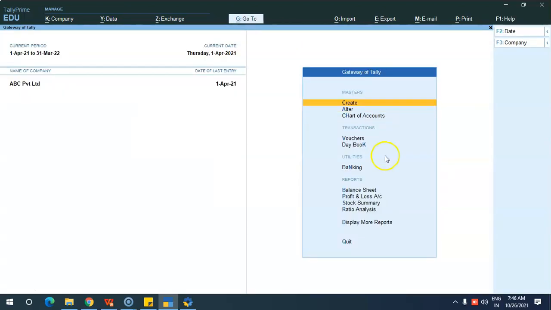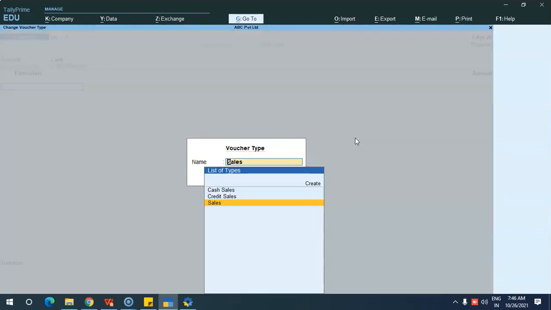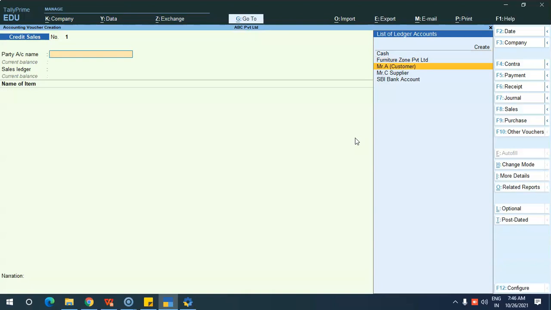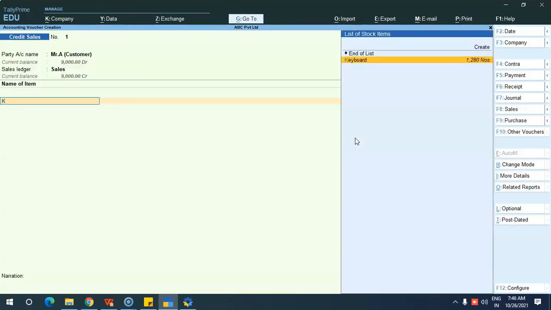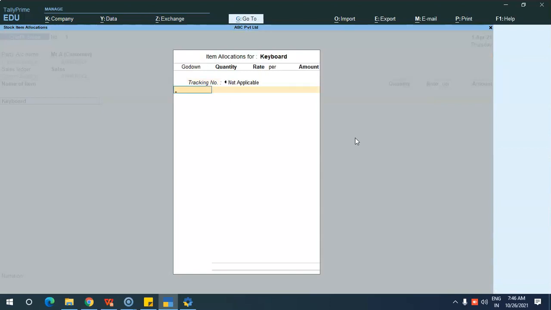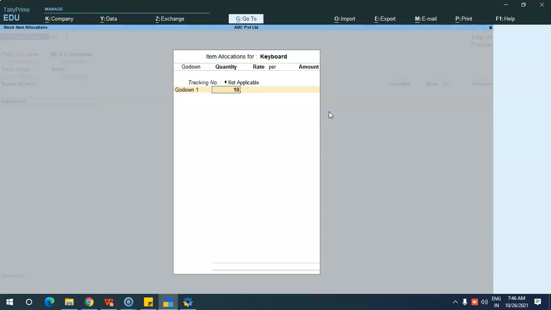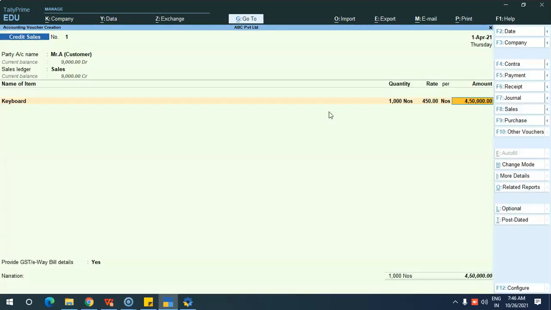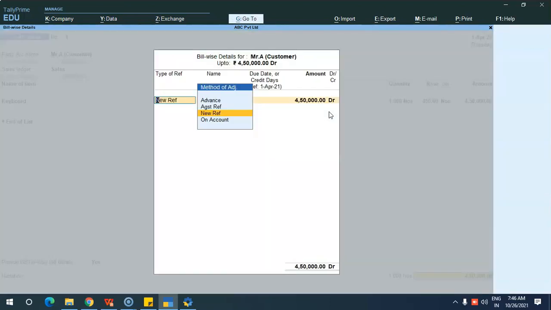So now we have activated the bill-wise details. I am going to make a sale to customer A. So here, sales ledger, I am going to sell keyboards of 1000 numbers. Okay. So here you will get the bill-wise details screen.